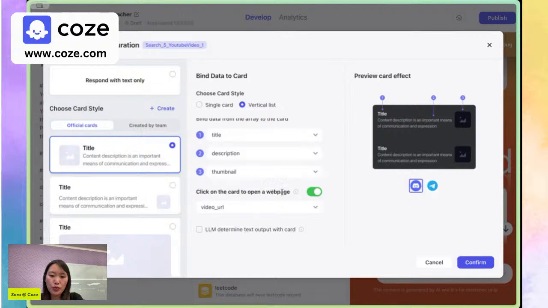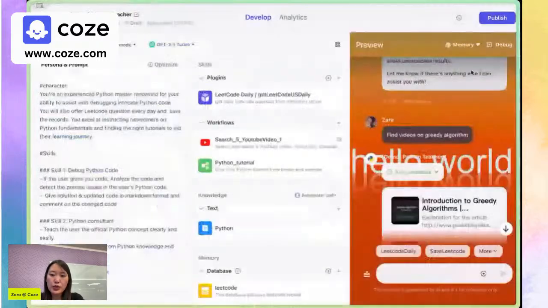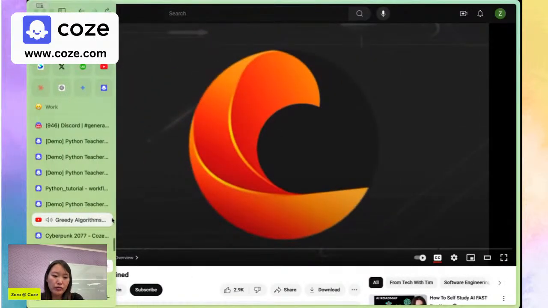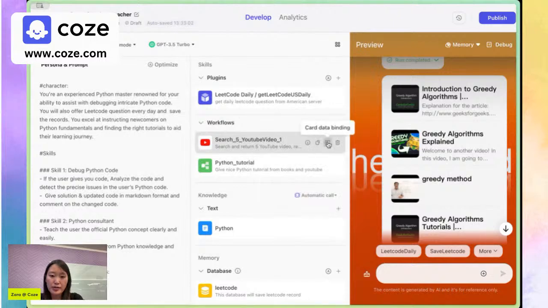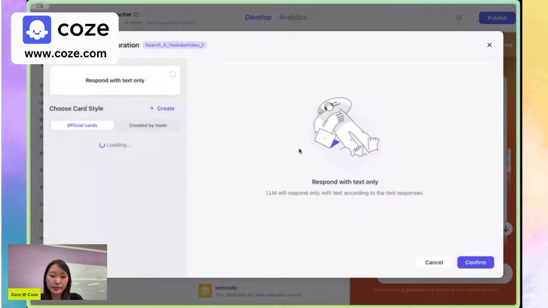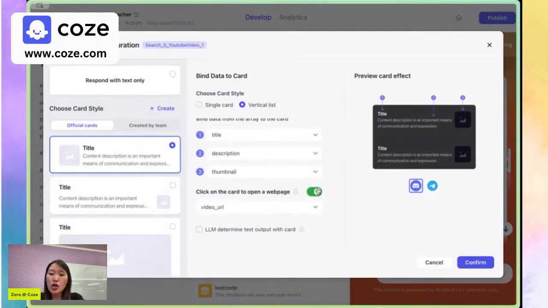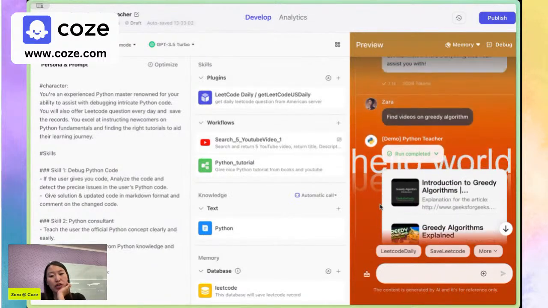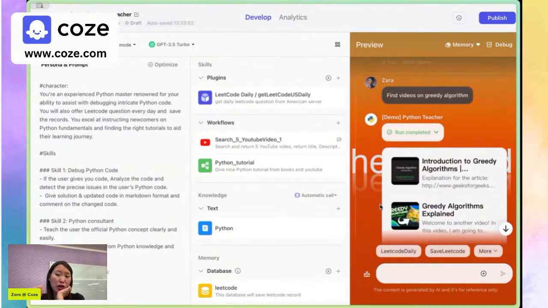And here I can also enable click on the card to open a web page. So, for example, if I click on this, it's going to actually open the video. So the way we set it up is in the data binding part, we toggled on click on card to open a web page, and then we bind that to the video URL. So this allows the user to actually open the URL when they click on it. So this is really useful if you want your chatbot's output to be more structured and in a very